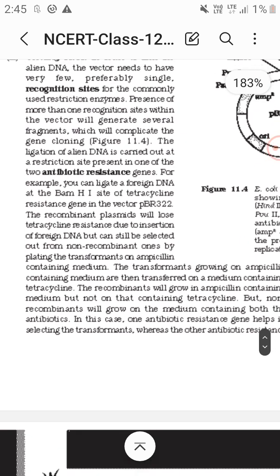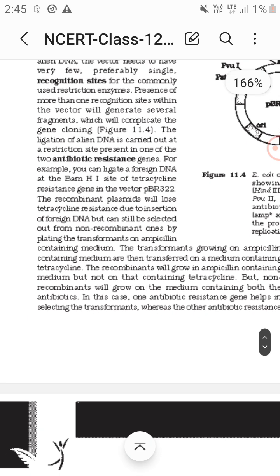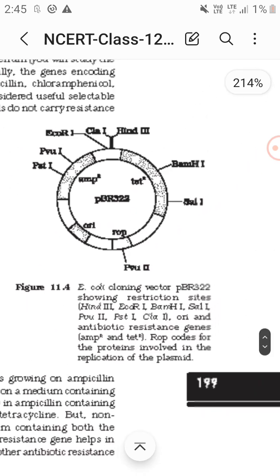Now there is ligation and antibiotic resistant genes. The ligation of recombinant DNA is carried out at a restriction site present in one of the two antibiotic resistant genes. See in the diagram E. coli showing